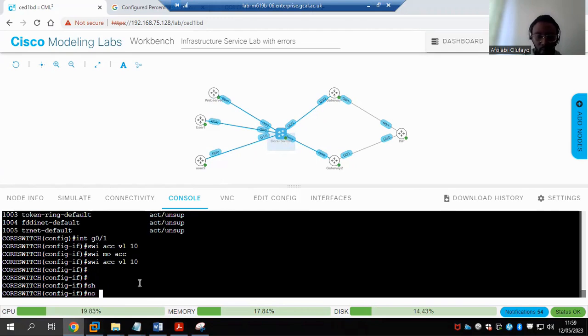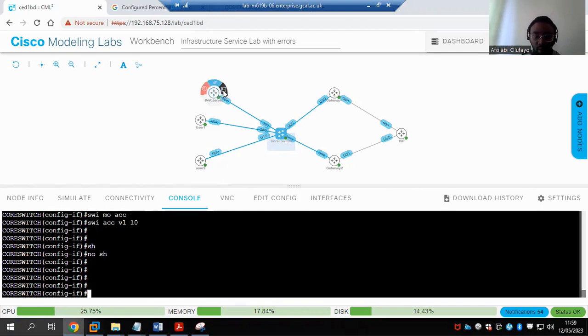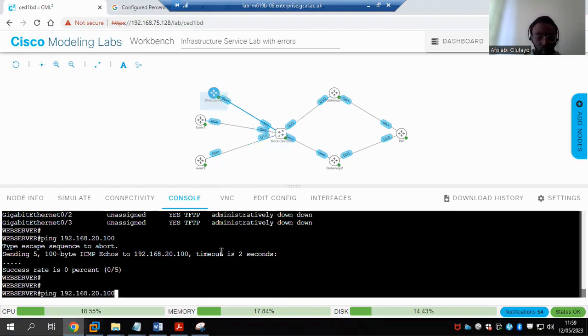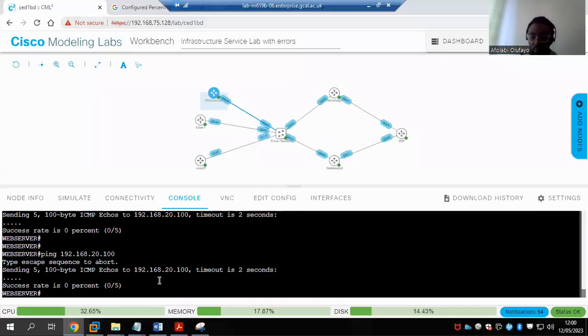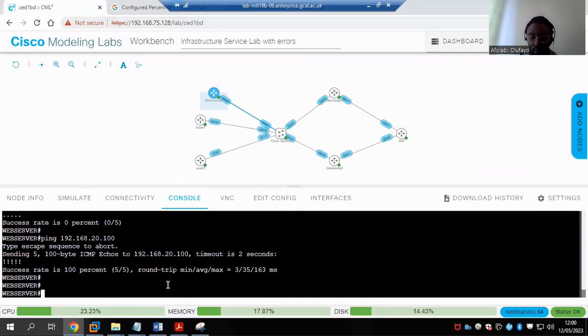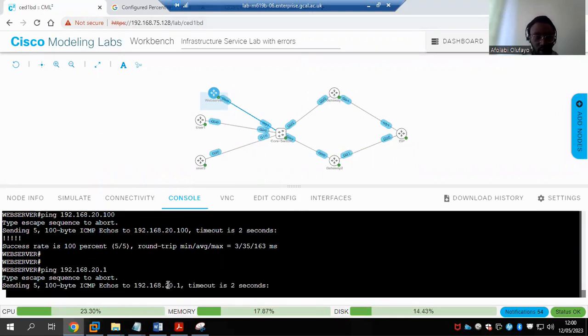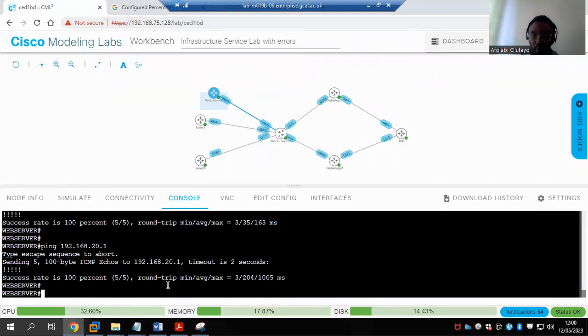And maybe I'll just flap it to make it faster. Then try to ping again. I'm trying it again, successful, then I'm pinging the gateways individually, successful now.